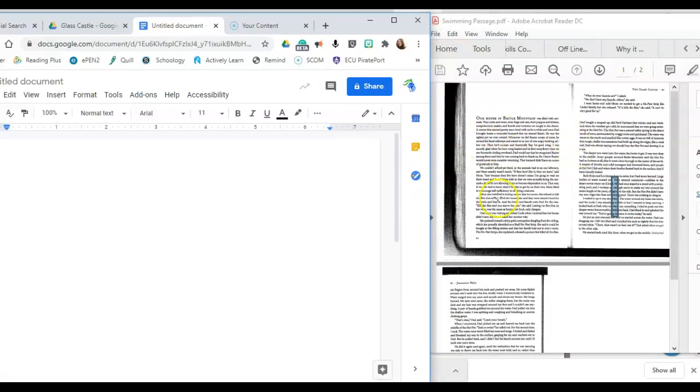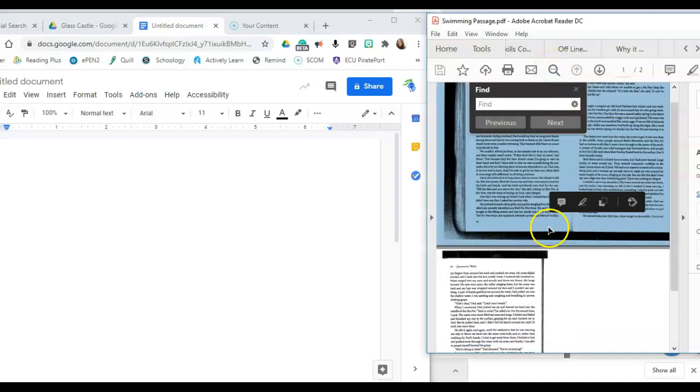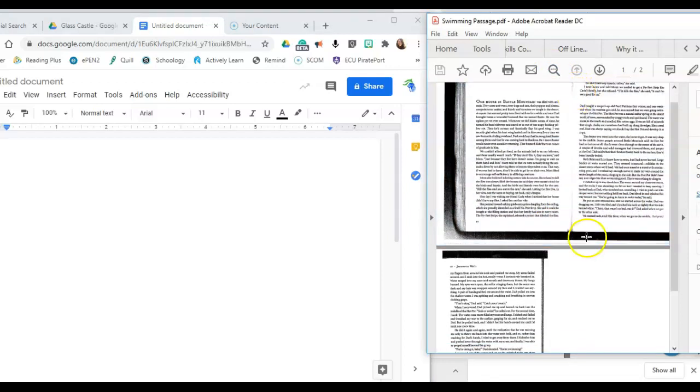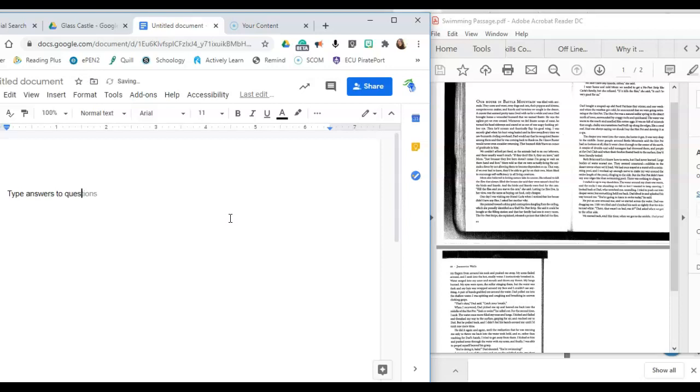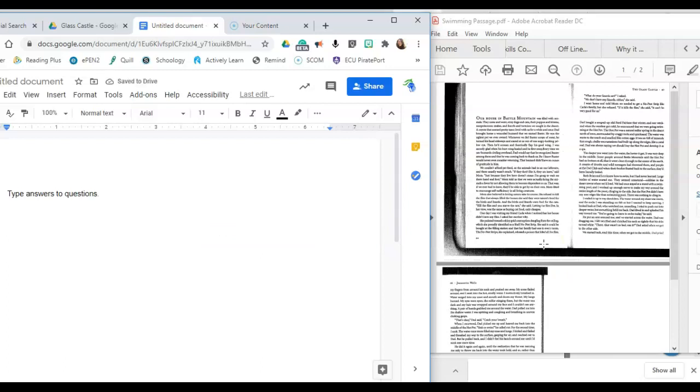this example is not ideal because this is so small, but I can see my document, my PDF on this side, this screen, where I can scroll up and down, and I can type answers to questions on this side while I am scrolling through a document on this side. Similarly, you could have your questions here, a video here. You could have a document here, and you can make your Zoom